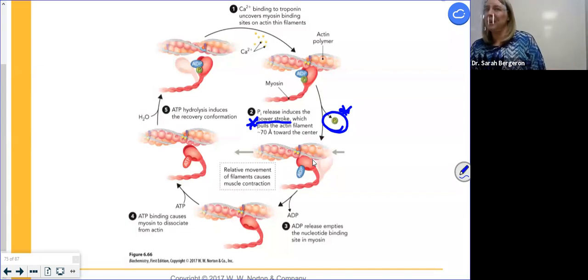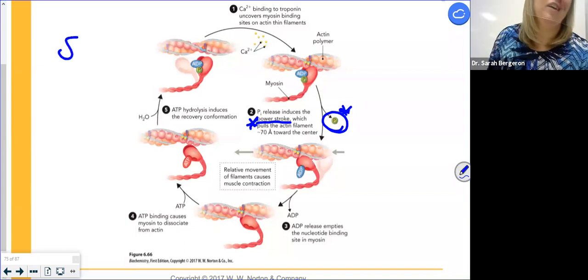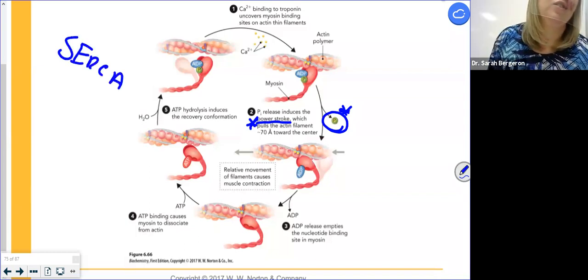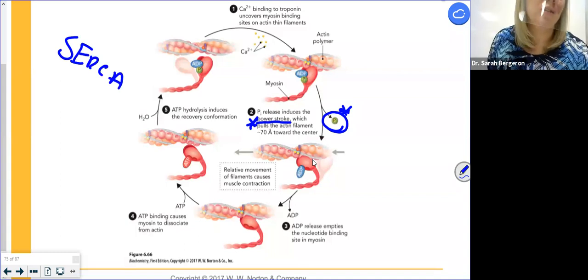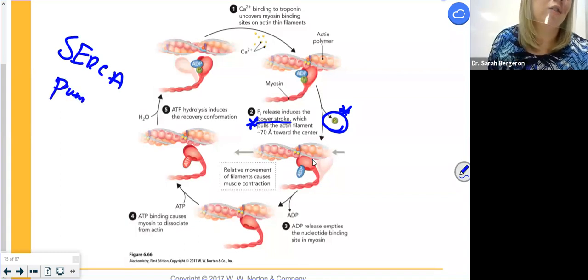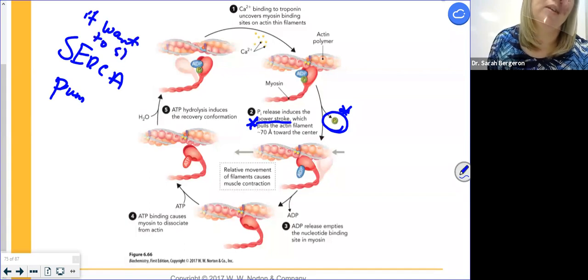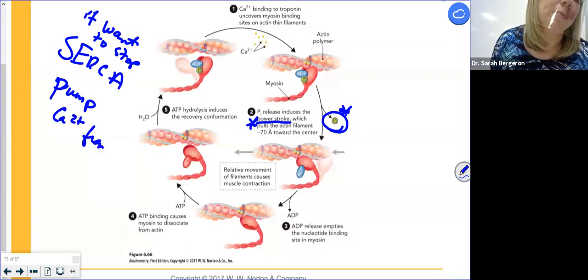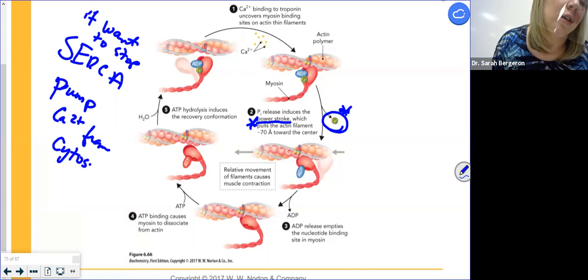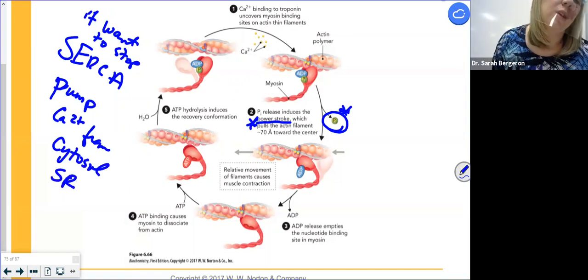How are we going to get rid of it? SERCA is going to basically turn on and it's going to pump. So if you want it to stop, SERCA will turn on and pump Ca2+ from the cytosol back to the sarcoplasmic reticulum,